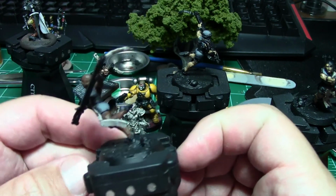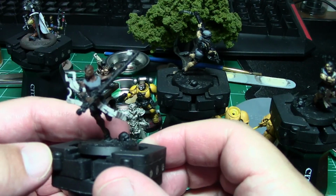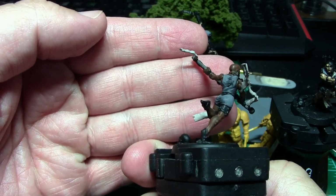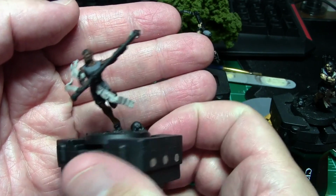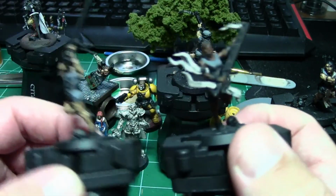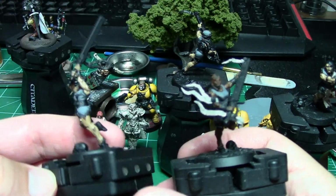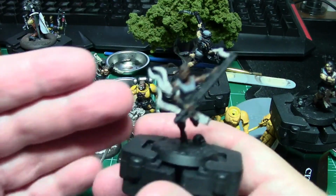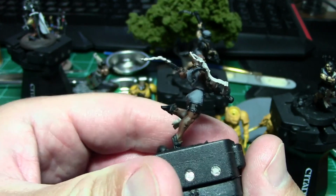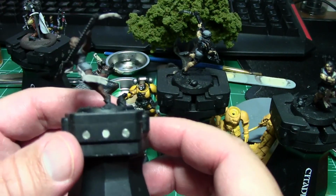And honestly, for this lady, I'm thinking I'm going to keep her a nice dark skin tone, just because I have never painted a dark skin tone. And this is my base coat. This is chocolate brown, or no, this is Mournfang brown. And then from this, I would go up to cork brown, and then go to like Kislev flesh to get these, and just blend up from there. But I hadn't started on this lady, and I think I'm going to do some different browns to get a nice brown skin tone and see if I can paint it. Just challenge myself,